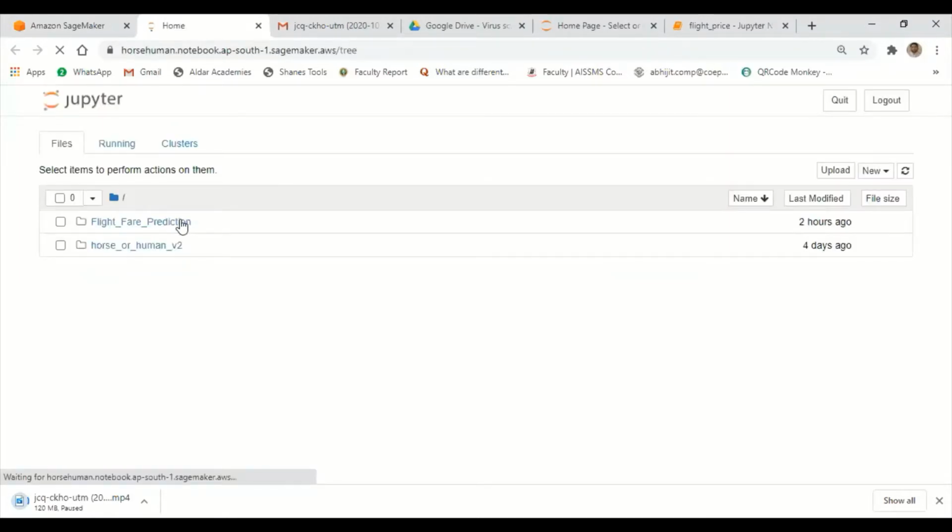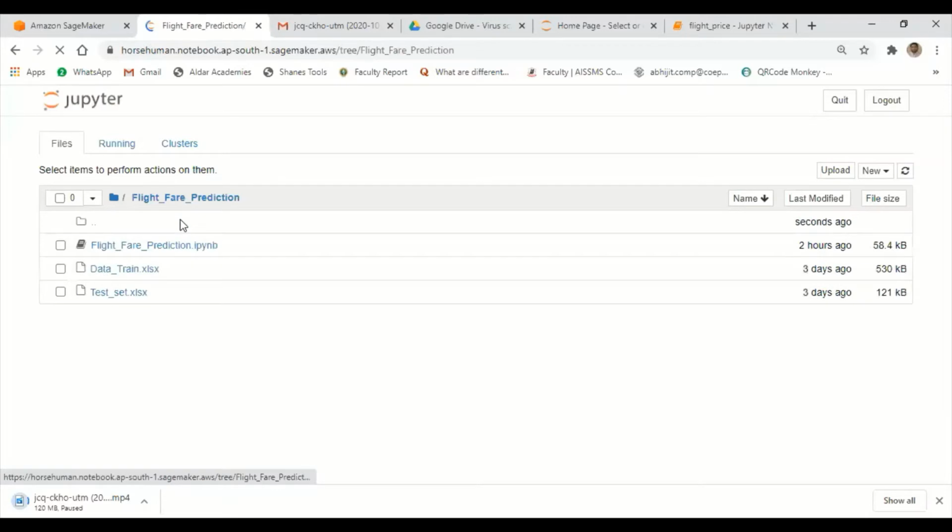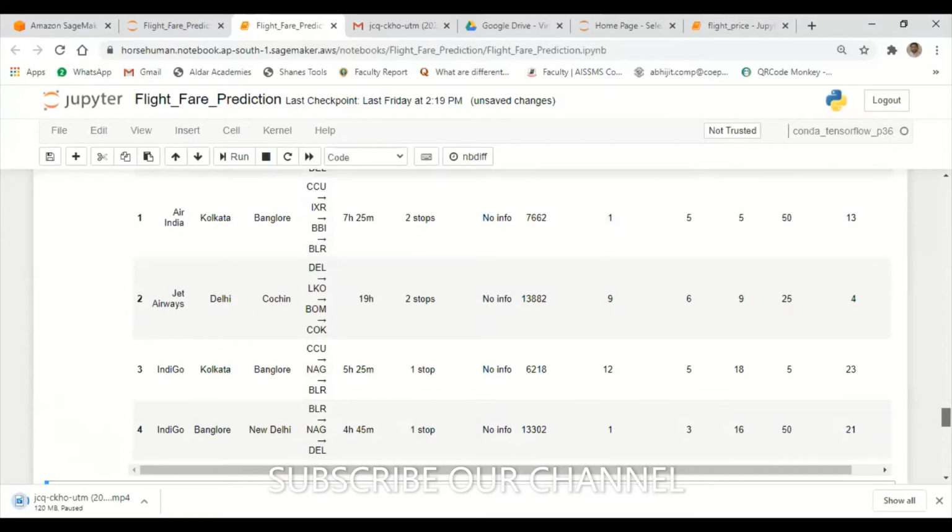This is my last project where we have train data and test data. We are working on the training data. Remember, however we process the data in training, in the same way we should process the testing data also. That we will cover later. Let me open my main file. This is my main file. Have a look at this. Let's start from here.